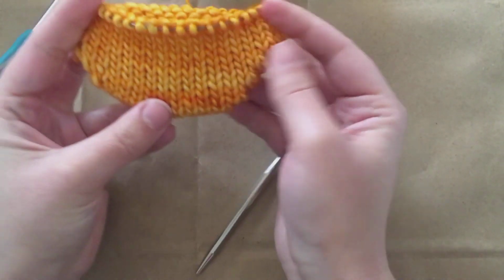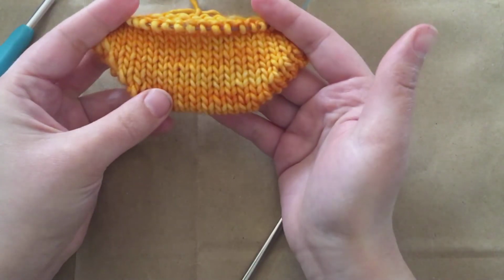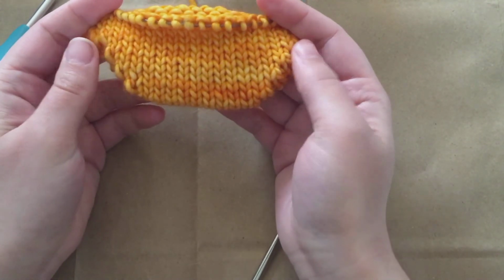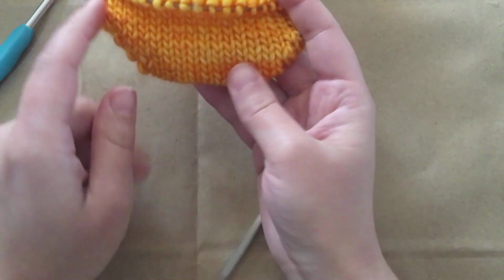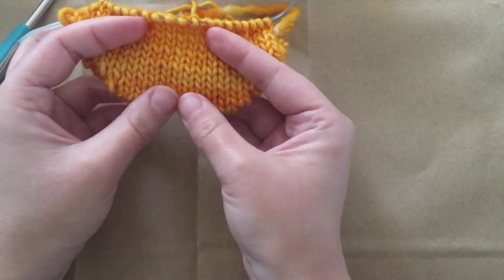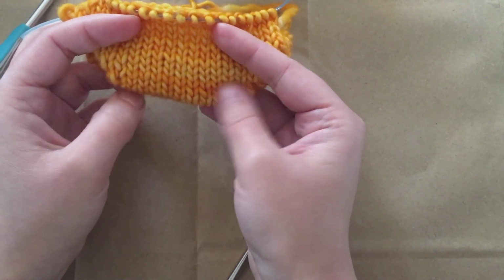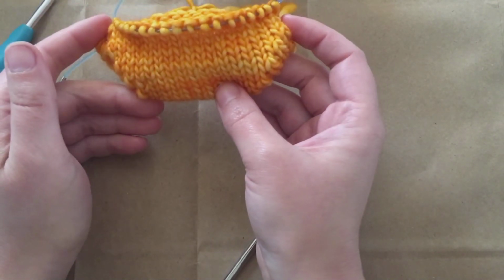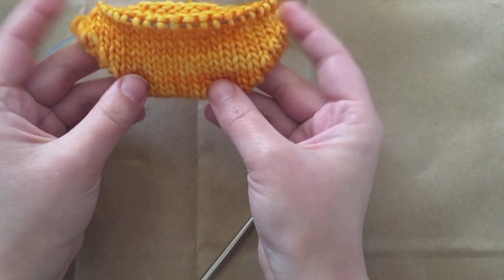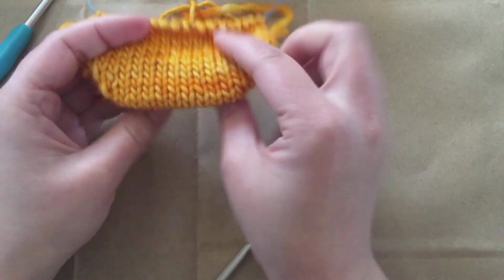And here's my very short squatty little toe. Obviously with German short rows you can choose which shape you want, so if you want your toe to be a little bit longer and a little bit more rounded, I would just go for fewer stitches in the middle and add a couple more double German short rows on the sides here. Anyways, this is the finished look,